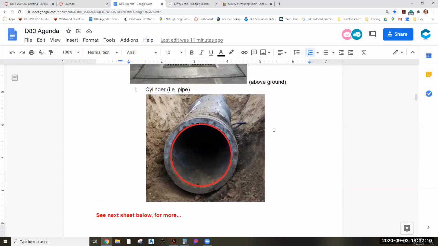Here's a cylinder, and in civil, the most popular cylinder is a pipe. On a cylinder, we would first find the area of the circle, and I'll show you how to do that in just a little bit, multiplied by the depth of the pipe. So how far this pipe extends in a straight manner, we could physically calculate how much water that pipe